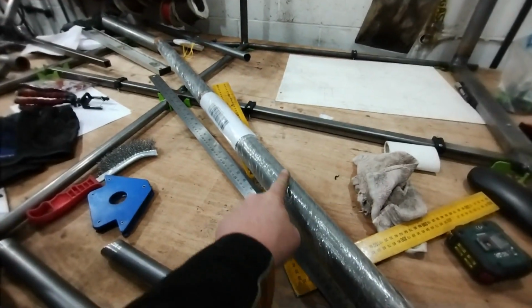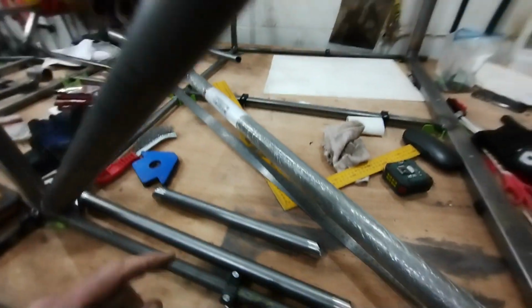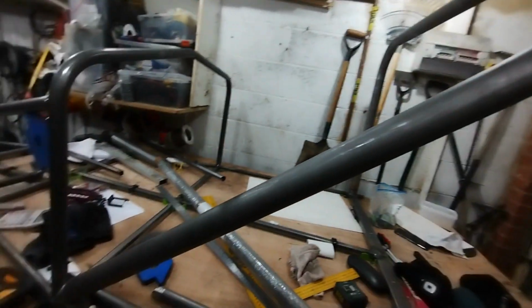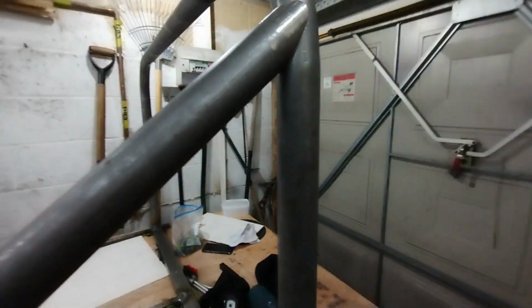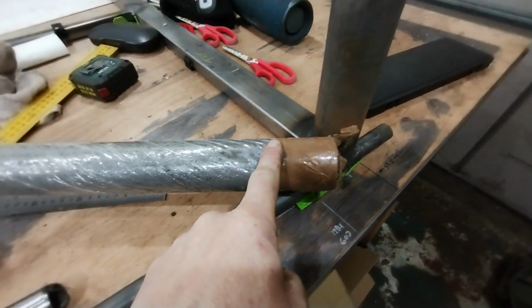Hello. So, after a few days break from being in the garage, an enforced break because I couldn't get any of the bits I needed, because of course there's no delivery on the good old Twixmas time, I now have a nice shiny new piece of 50mm CDS so I can try and redo the other cross member that I screwed up before. So this time I'm going to copy the shape off of there, do the inside out thing, transpose it onto there,